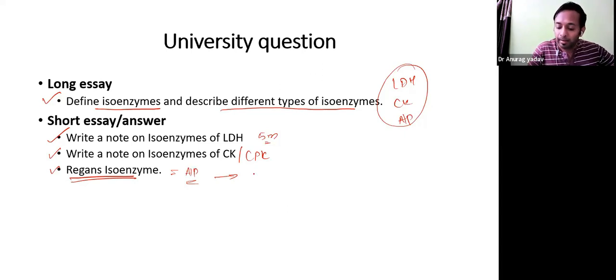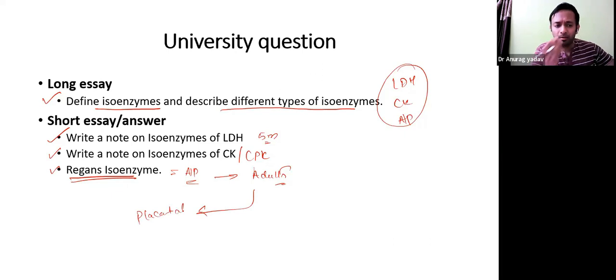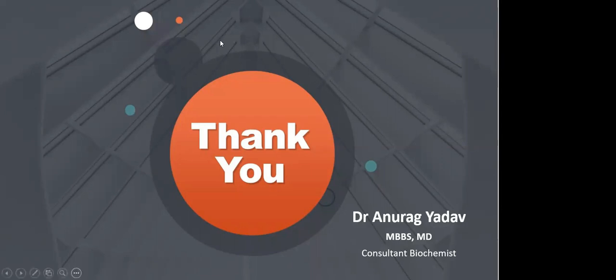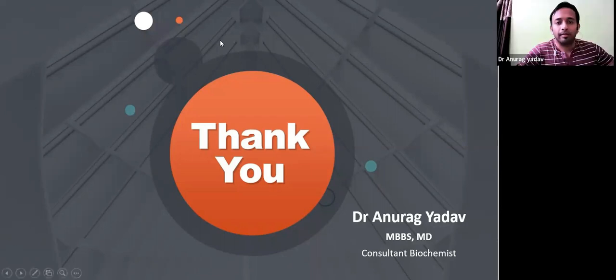Secondly, it is seen most commonly in adults, where you see isoenzyme of placental origin. Normally in adults there is no placenta, so this kind of ALP should definitely not come into the tissue or the blood. If you see ALP of placental origin, then it is nothing but Reagan's isoenzyme, which is the carcinoplacental type of isoenzyme. So this is about the isoenzymes for today. Is it clear for today? Very good. Tomorrow's class, we'll be discussing the last portion, which is about the